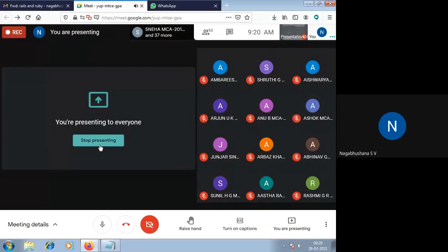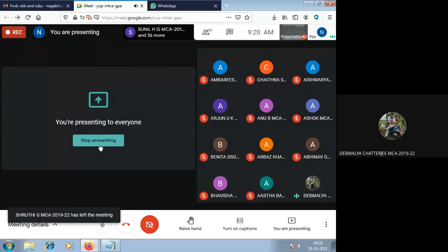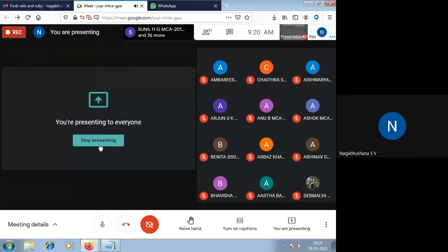Benita. Present, sir. Bhargavi. Bhavisha. Present, sir. Chaitra. Present, sir. Devamalia. Present, sir. Diksha. Present, sir. Deepika 1. Present, sir. Deepika 2. Present, sir. Murali Krishna. Present, sir.